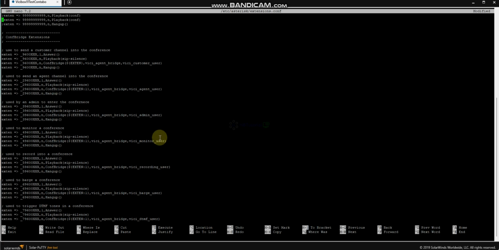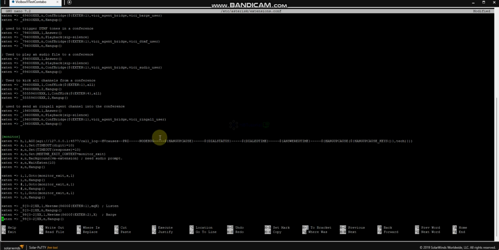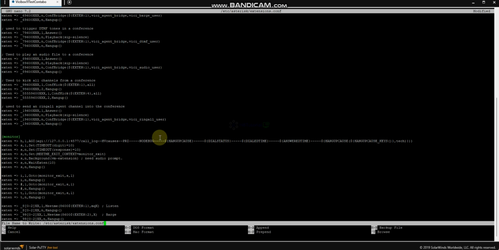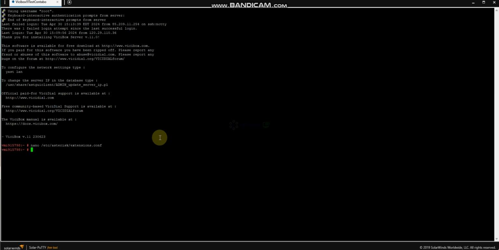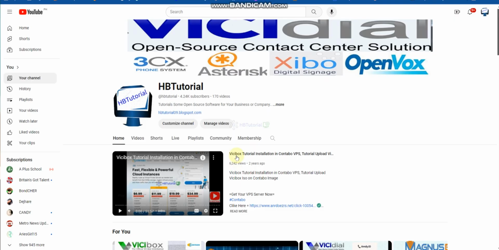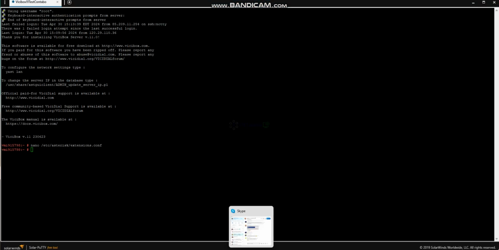So this is how it looks right now without a space at the start. Control O and then enter to save, Control X to exit.